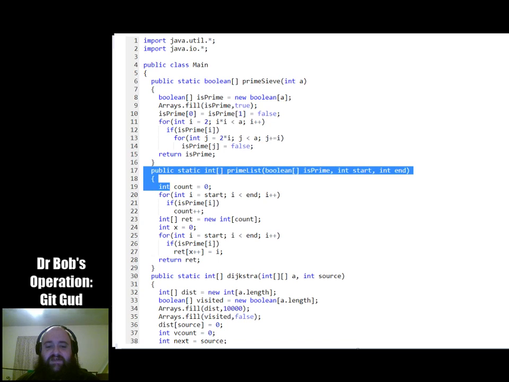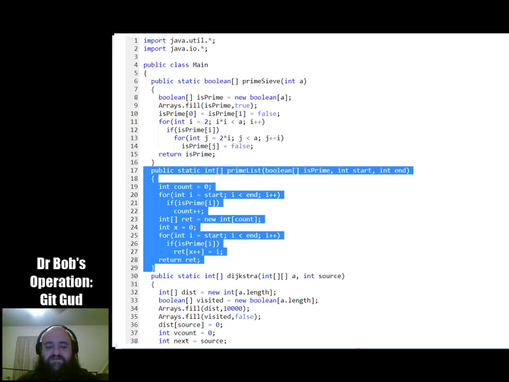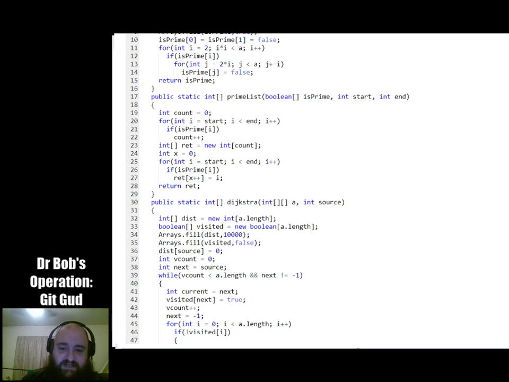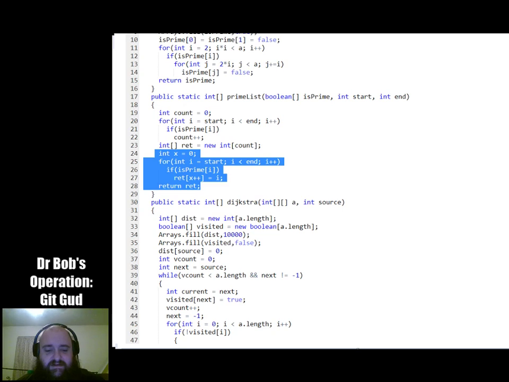So then I have this thing, which is not the world's most efficient thing. Probably should just use an array list instead. That'll do things in amortized constant time. But this isn't that bad either. I basically go through, I count the number of values in the list to begin with, then I just create an array of that length, the number of true primes in the list, and then go through and list them out.